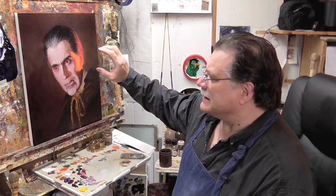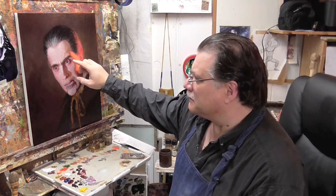The same thing with the color of his eyes. In the film, his eyes were really bloodshot, and I didn't feel in this painting that I wanted that much blood staining, so I went back into it with translucent glazes and lightened it. I used a translucent gray wash, then a warm yellow wash, and then another gray wash just to bring that depth into the sclera. Talking about the teeth here,